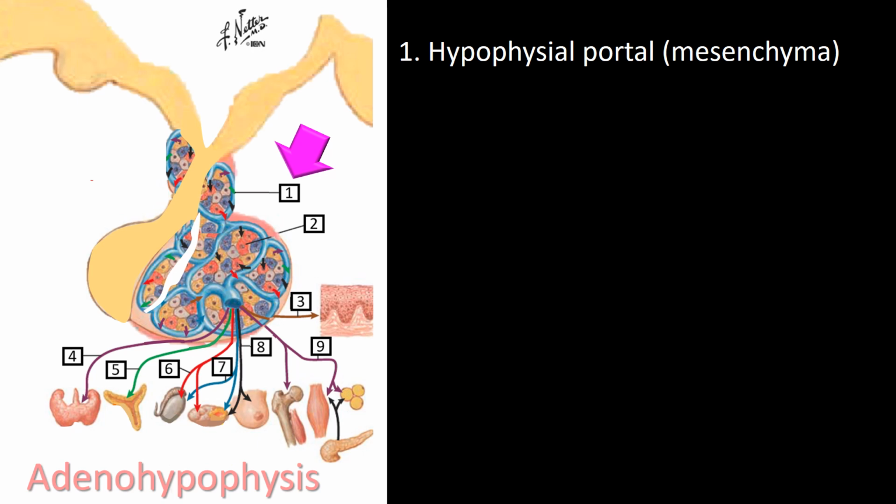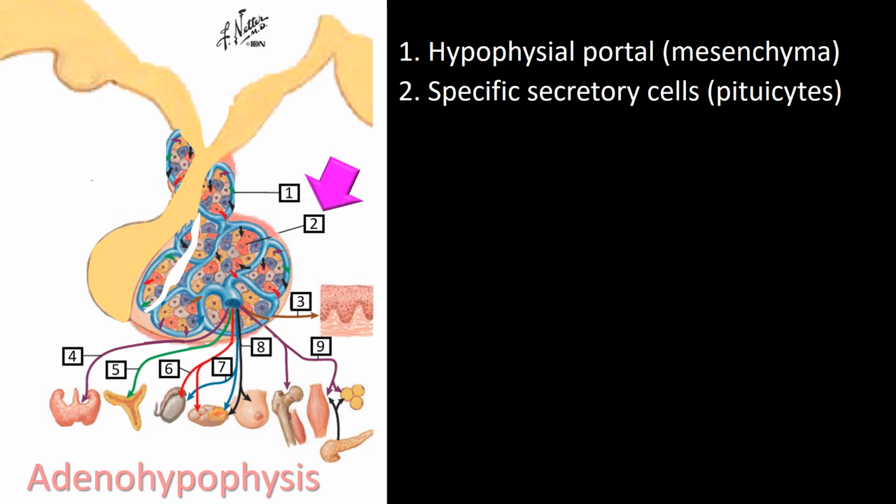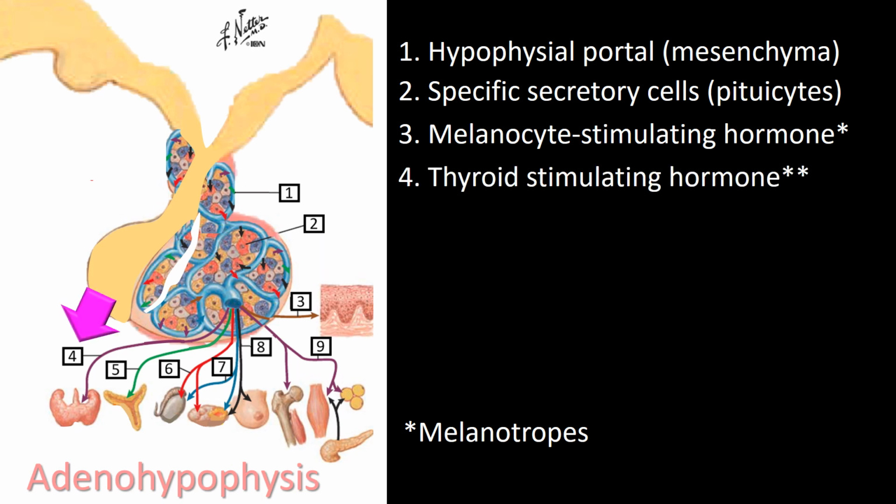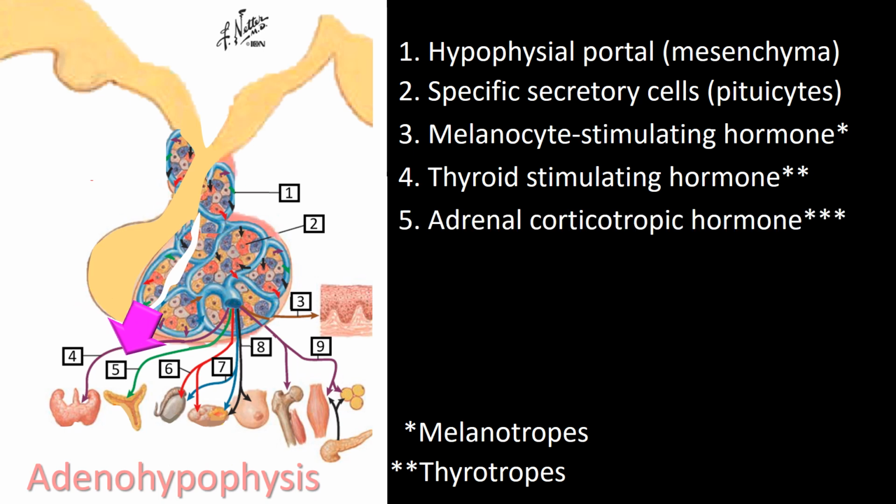In the adenohypophysis, we find a conglomeration of rather specific secretory neurons. Collectively, these neurons are called pituicytes. All of them are of ectodermal placode origin. Pituicytes include neurons that release melanocyte stimulating hormone, called melanotropes, thyroid stimulating hormone, called thyrotropes, adrenocorticotropic hormone, referred to as corticotropes,